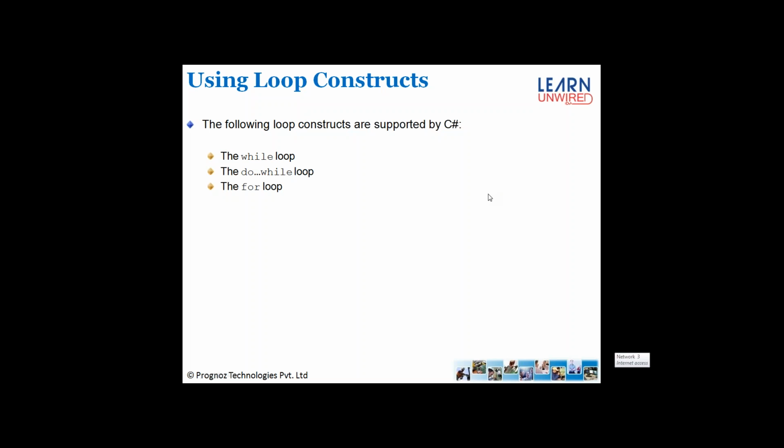Now in this case, suppose we have to execute a particular block n number of times. I have to repeat a specific task a specific number of times. In that case, instead of writing the code that many times, we can give an instruction to the compiler that you perform this task 10 times or 20 times as per my requirement. So that is where we use the concept of loops. Here we are going to see the concept of while loop, do while loop, and for loop. One by one we will see these. So let's directly go ahead with the coding, and also we will parallelly see the syntaxes.